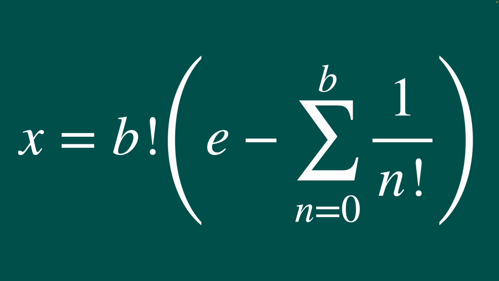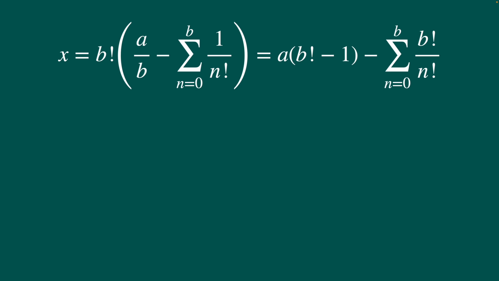So we're going to show e is irrational by contradiction here, Fourier style. So first we assume e is some rational a over b, right? So we're going to plug that a over b into our original x. And now looking for a contradiction, the first thing we're going to notice here is that by distributing our b